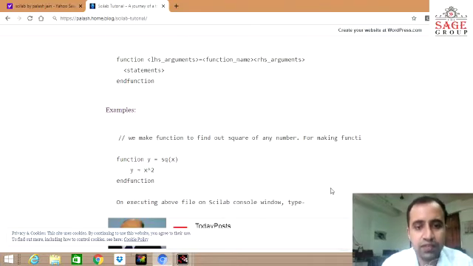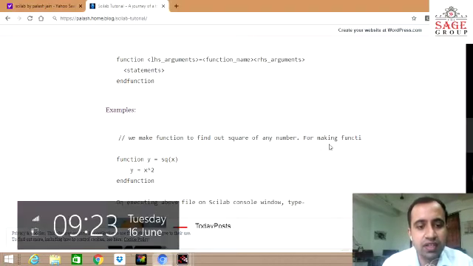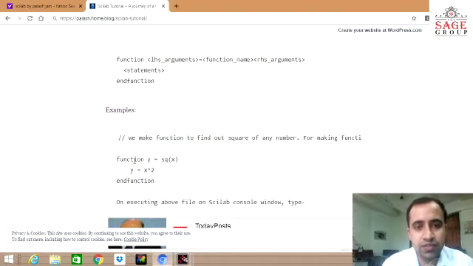See, we have a function to find the square of any number. For making a function in Scilab, the first keyword we have used is function, then the LHS argument y is equal to sq(x). This function name we have assigned ourselves. It is not predefined. Here the only predefined word is function. So we have assigned the function name sq. Now in the statements we write the condition, which formula will give us the square of any number. So we have written y is equal to x square and endfunction.